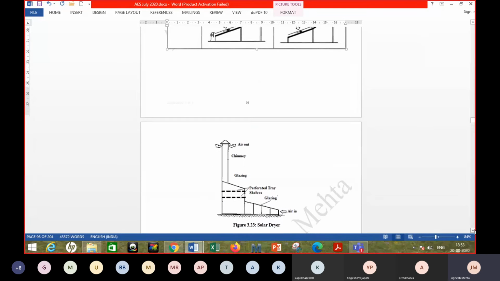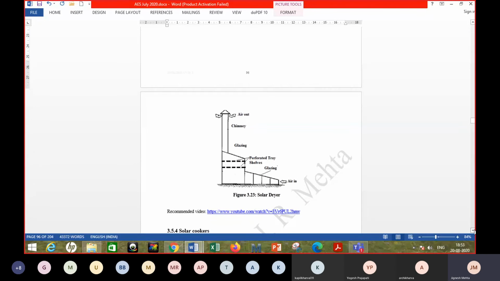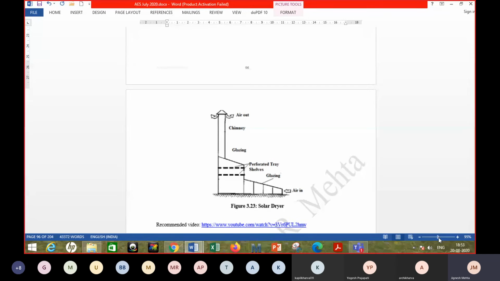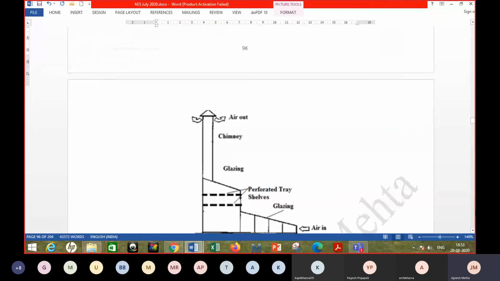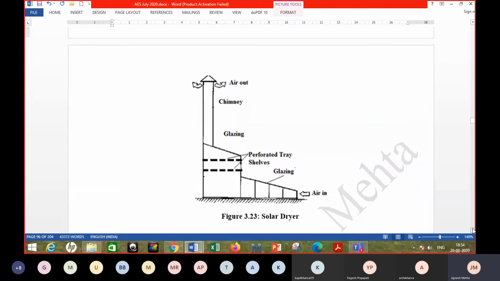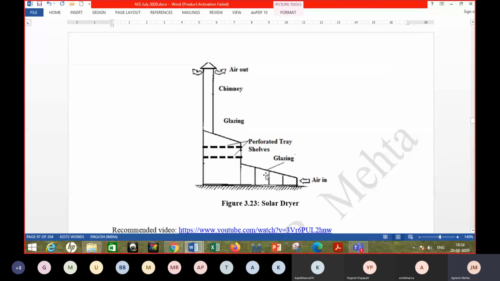Okay. There is one more diagram where a passive type of solar dryer is used. In a way, it is already there in that table, but the size is somewhat bigger. A separate diagram is shown here, and this doesn't use any electrical power. As you can see, there is an air preheater here. There is a glazing and blackened bottom surface. So air, as it passes through this, gets heated, and then that hot air rises up.